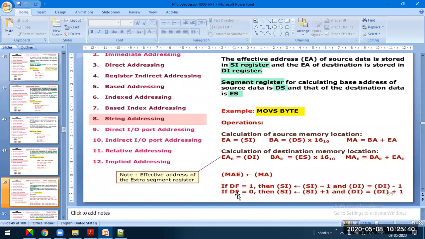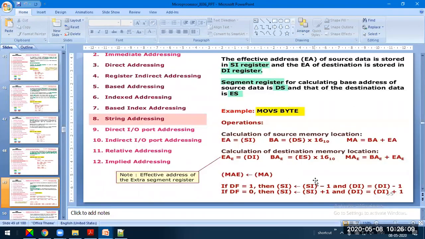Whereas if DF is equal to 0, the source index is incremented. Each time a byte of data is copied from the source to the destination, the index is either incremented or decremented so that it points to the next byte of data. The meaning of incrementing or decrementing SI or DI is whether it goes from a lower address to a higher address or from a higher address to a lower address.